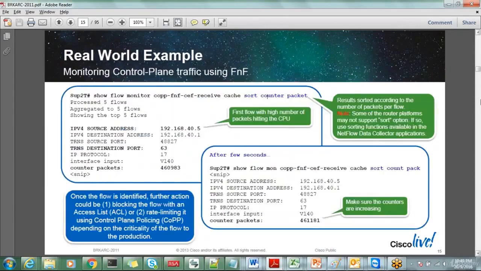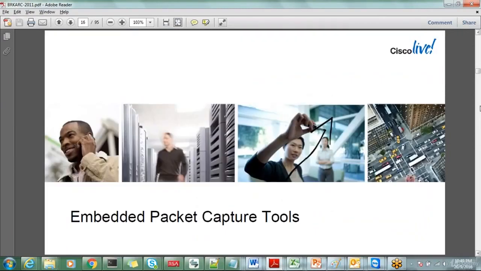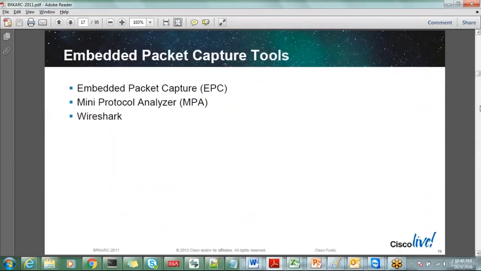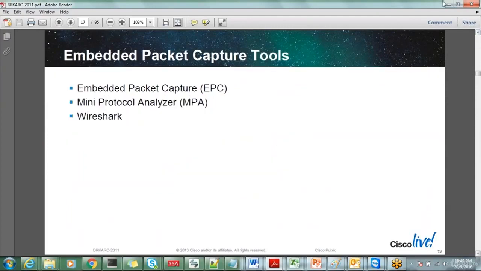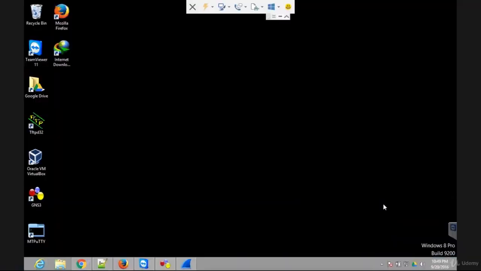Now today the next topic that I'm going to cover is packet capture inside IOS. So if you have IOS, how you can do the packet capturing. IOS means you are running an IOS based platform, okay, not an IOS XE based platform. So for that I'll show you in this particular